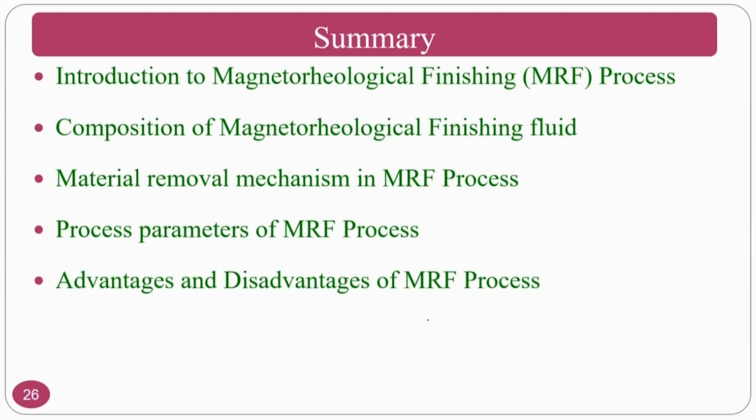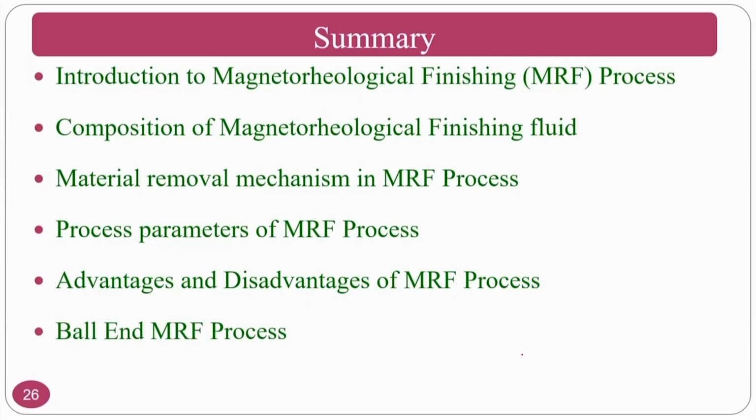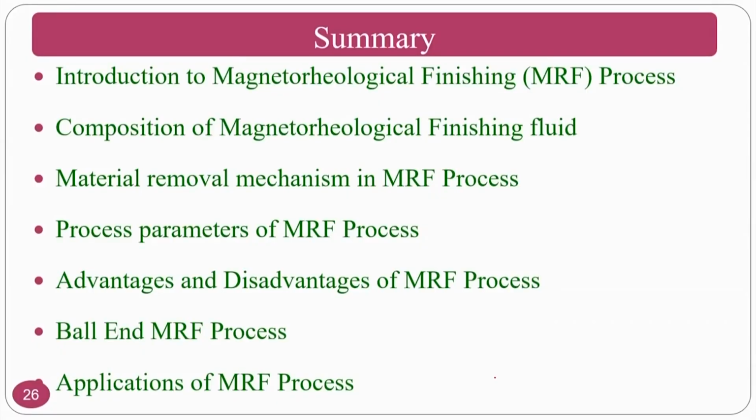If you are unable to finish blind holes using the MR finishing process, then we move on to the ball end MR finishing process, where you can achieve blind hole finishing and other things, and applications of the MR finishing process as a whole. It includes ball end as well as normal or conventional